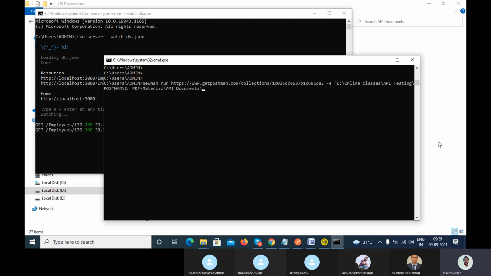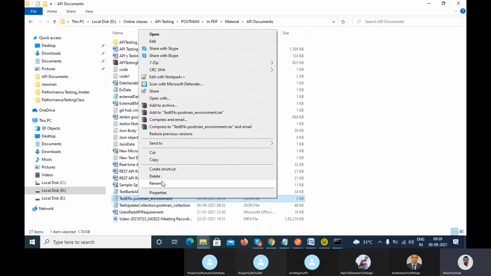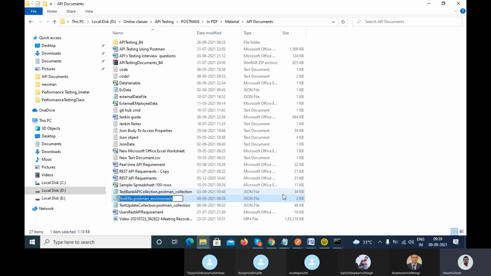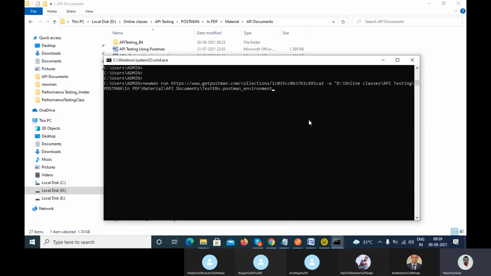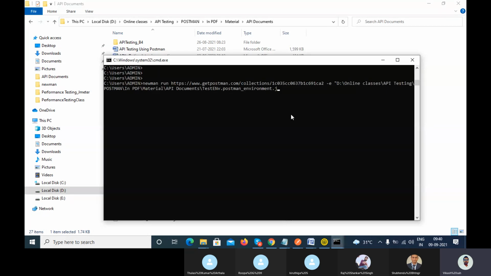After that, copy the file name and pass it here. When the file is exported, the extension is always JSON, so you have to use .json. Correct? Now when you execute this,